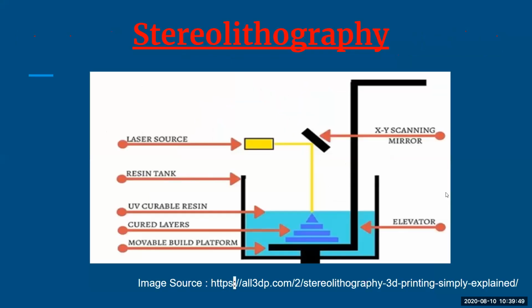Next is stereolithography. Okay, this is also a method which you use to create 3D printed objects. So basically, when I talk about stereolithography, it uses an apparatus that is called a stereolithograph. Basically here it uses a UV laser to trace the pattern for each layer. So here you're going to use UV rays. Okay, so when we talk about stereolithography, it comes with this working. So what is the working?